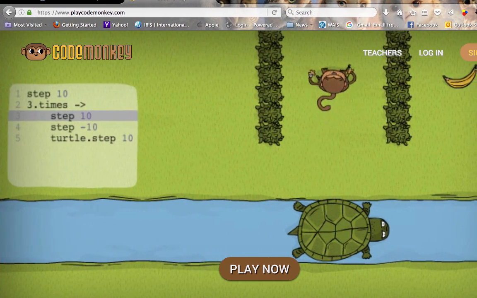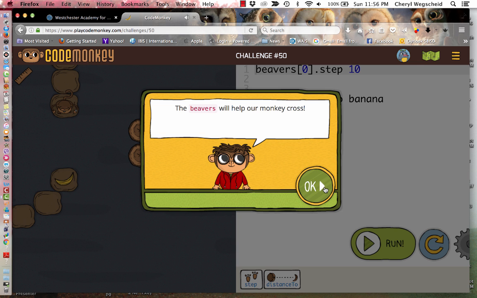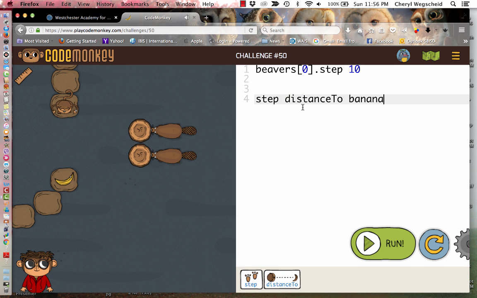Let's take a look at one now. Okay, so this is number 50. We want to get the beavers to help the monkeys cross. So if we're looking here, we've got beavers 0 dot step 10, and we're going to write